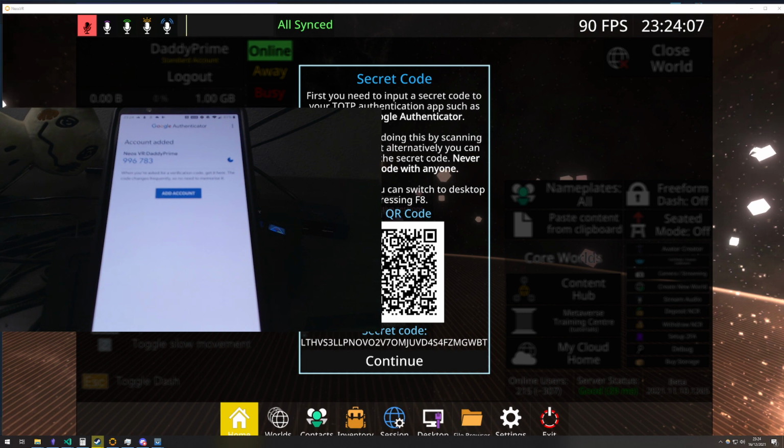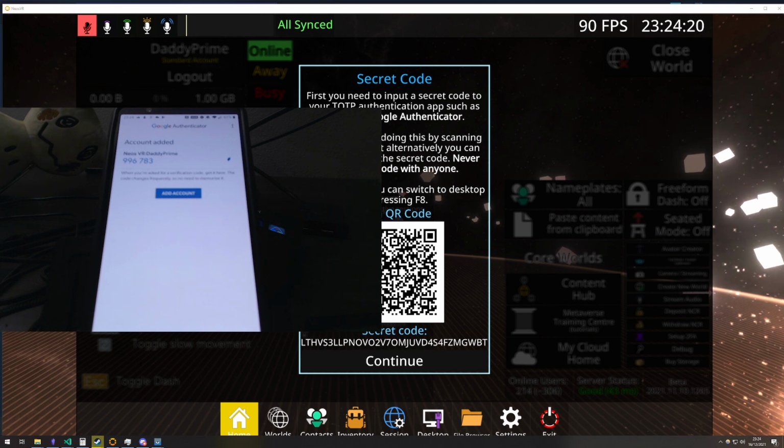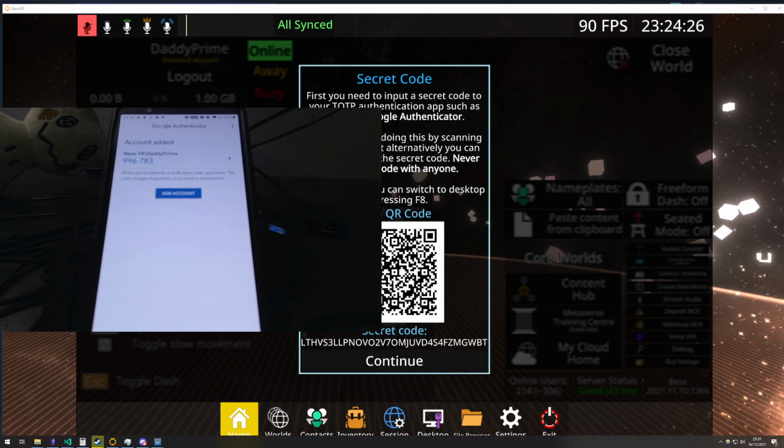So even if I were to show you or give you or enter one of these codes, I don't know how to generate the next one or the next one after that. And that's the whole point of it. This phone itself is generating those codes, not the first authenticator, which is the computer that you're on. And that's why it's a little bit more secure. Only the phone knows how to generate this. So if, let's say, a hacker steals your computer or steals your password, they don't have the information to generate